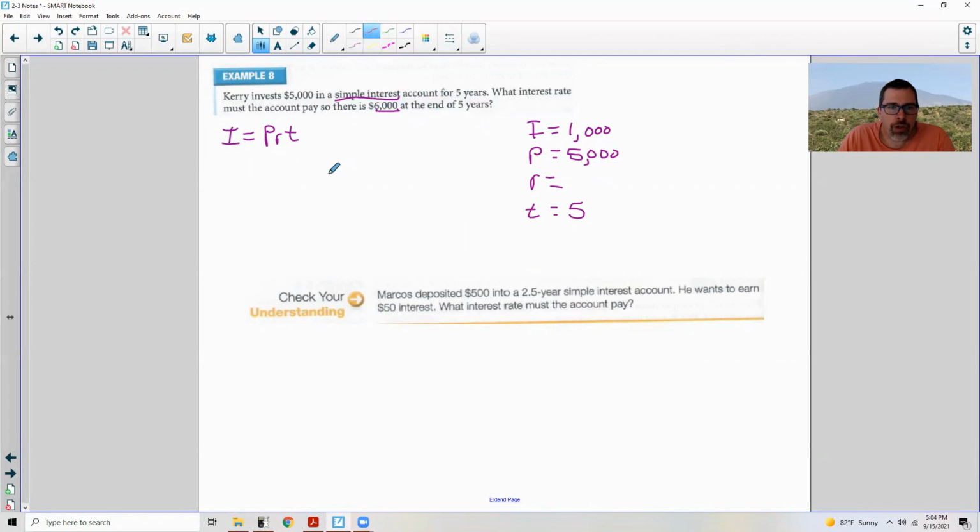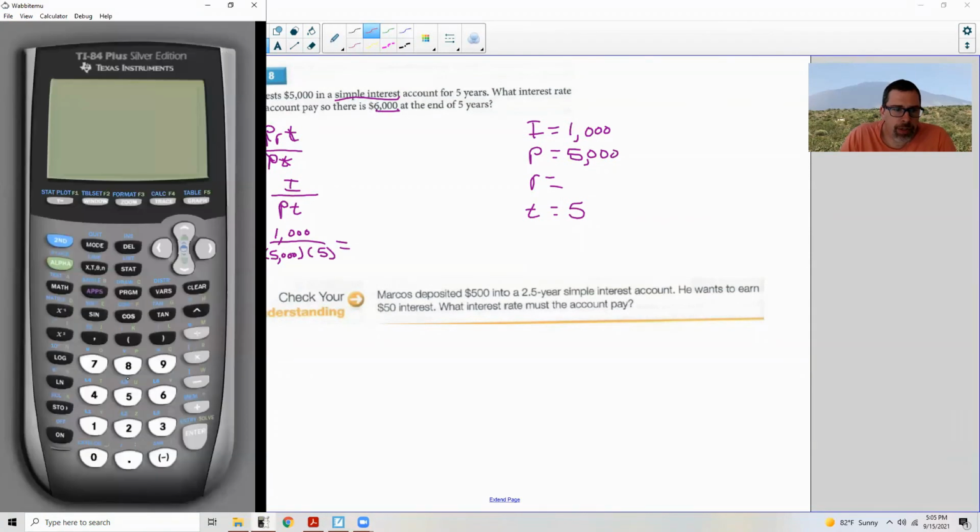So if we're going to solve for R, we divide by the other two things that are over there to get rid of them, and that's PT. So P cancels P, T cancels T, and I'm left with R equals I divided by PT. So R equals interest, which is 1,000, divided by principal, which is 5,000, times time, which is 5. And that is going to give us